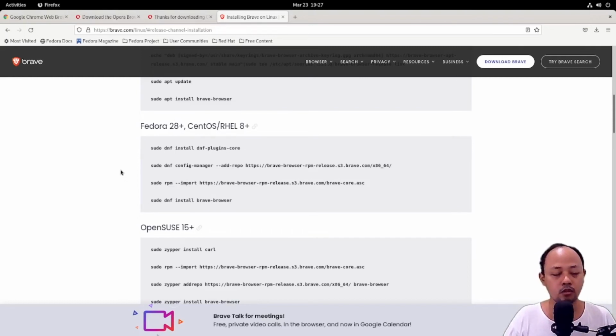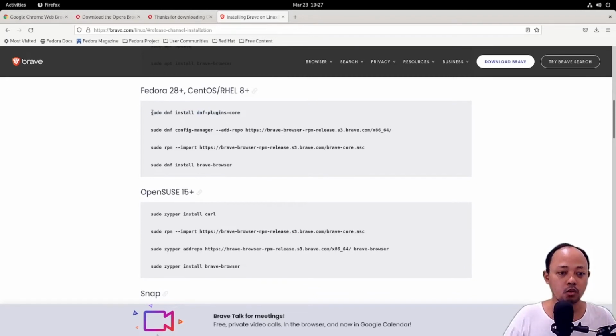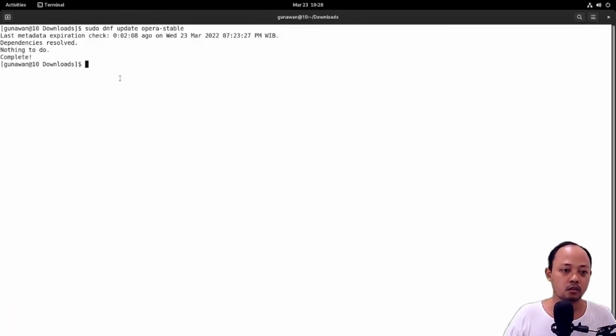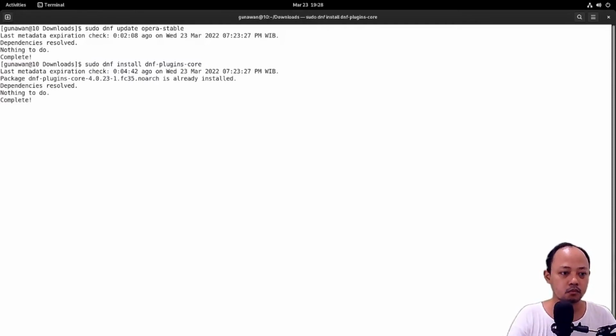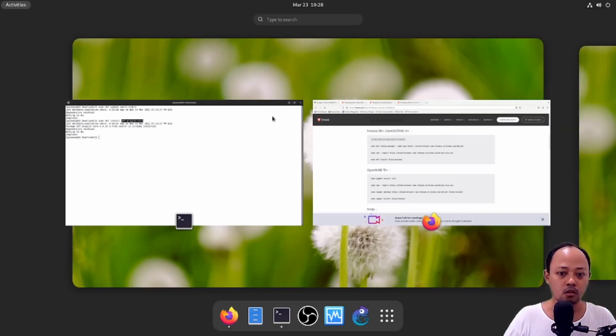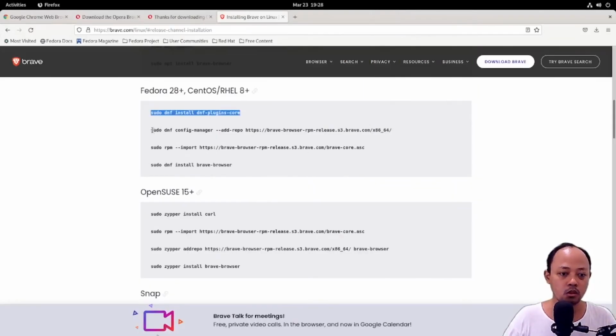So Brave gives us the documentation for installing the Brave browser to our Fedora. So I will try to execute this command one line at a time. So this package is already installed, and then we can continue to the second line.